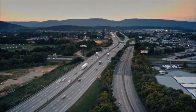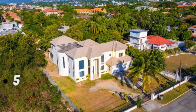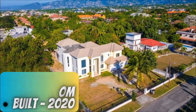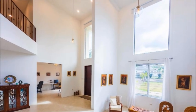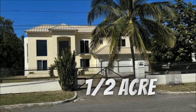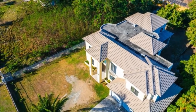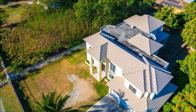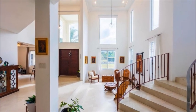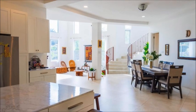We will be giving you a full tour of a property that was partially presented. This 5-bedroom, 5-bathroom home was built in 2020 and boasts clean lines and high ceilings. The house sits on half-acre of level, well-fruited land and has separate helpers' quarters and gardeners' quarters, along with a storage cottage. As soon as one walks in, you will notice the high 24-feet ceilings, floor-to-ceiling windows, and 34 inches